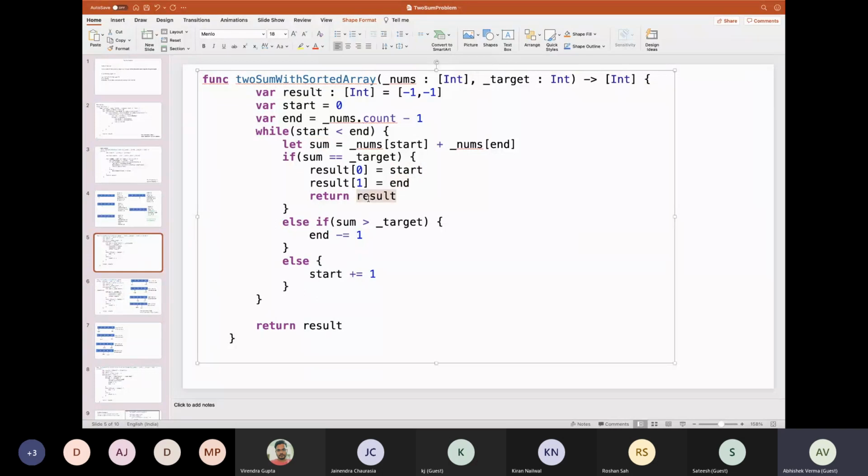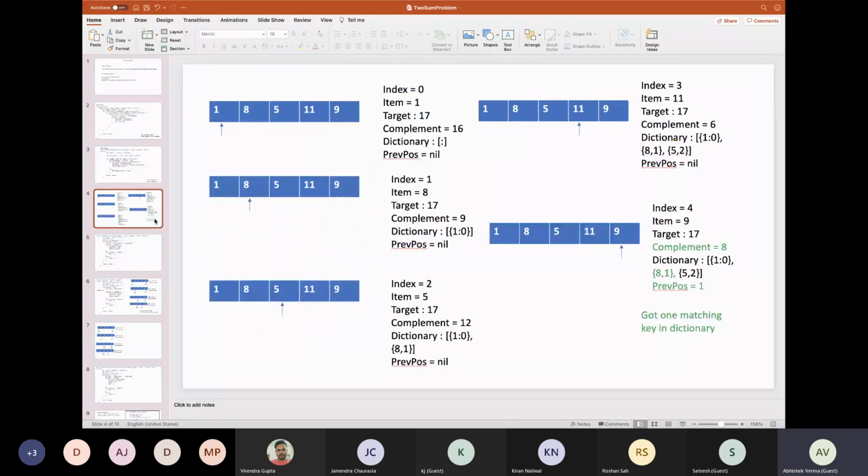This is the solution we got at the very beginning, where the condition matches and we get the target for two indexes. If sum is greater than target, we decrement the end position, and if sum is less than target, we increment the start position. I hope this approach is clear. If you have any doubt on this, we can discuss.